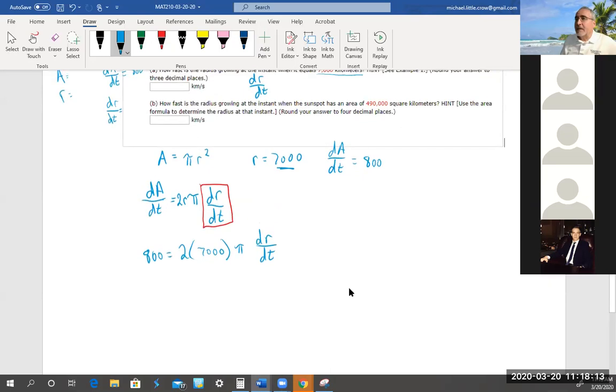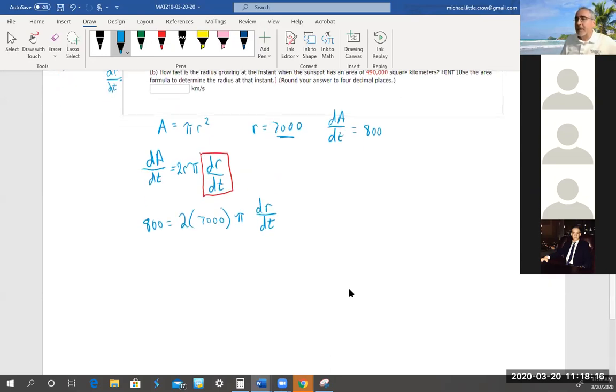They want 3 decimal places, so we're going to use pi here. We got 800. 2 times 7,000 is 14,000 pi dr/dt. Let's divide both sides by 14,000 pi, and we get that dr/dt